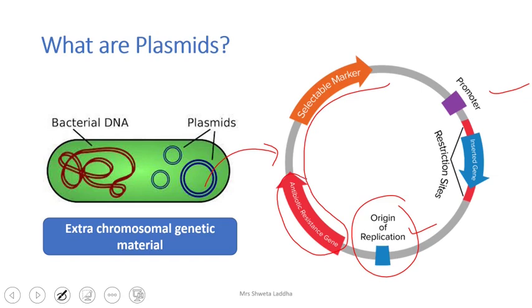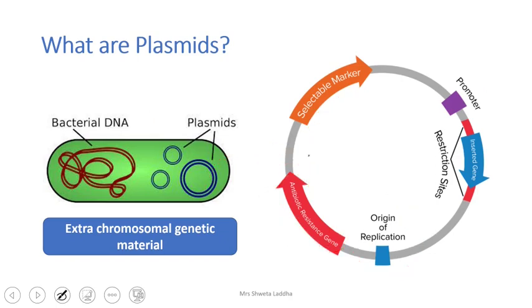Always remember students, plasmids play a very important role in two things. In bacteria, one, they play an important role in sexual reproduction, which we call conjugation. And second, they provide resistance to different types of antibiotics for the bacteria. In this picture you can see it is written here antibiotic resistant gene. So this bacteria has resistance to certain antibiotics because of this special region present on the plasmid, and now we call it a selectable marker.